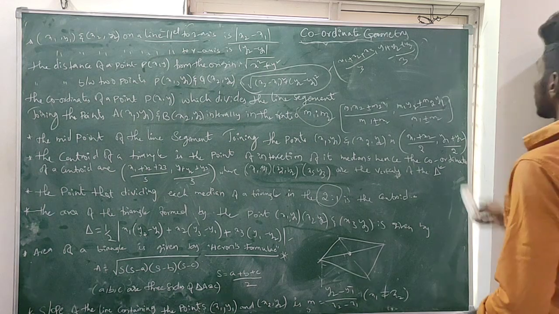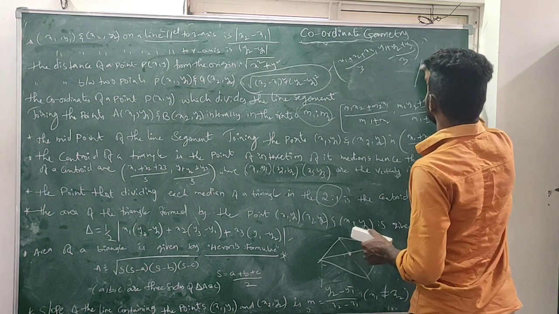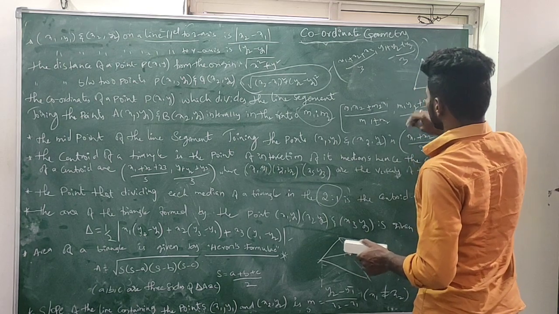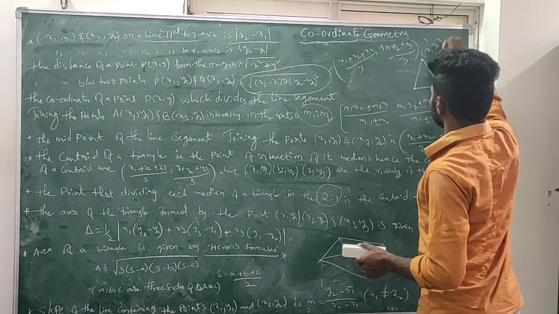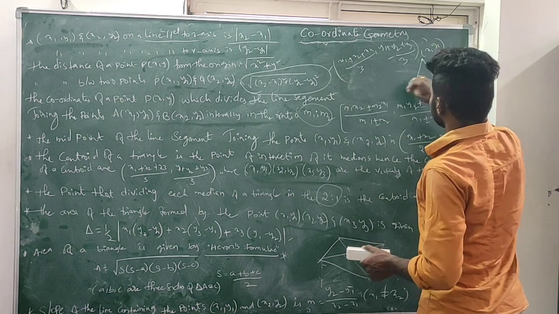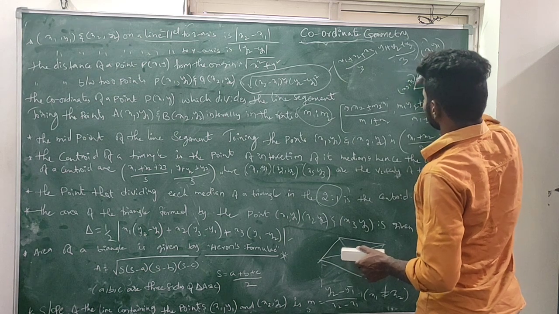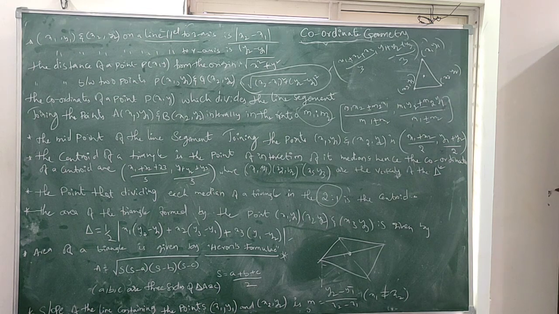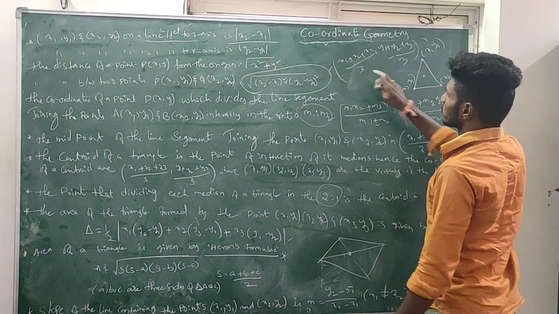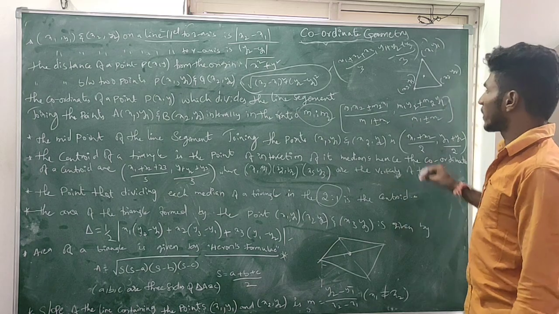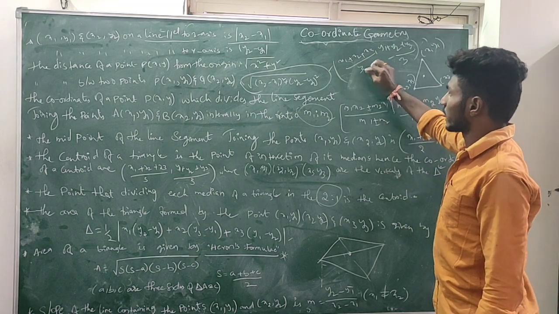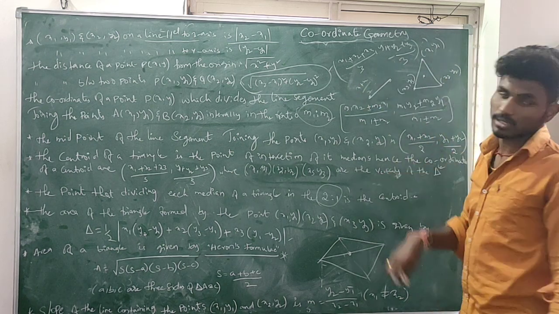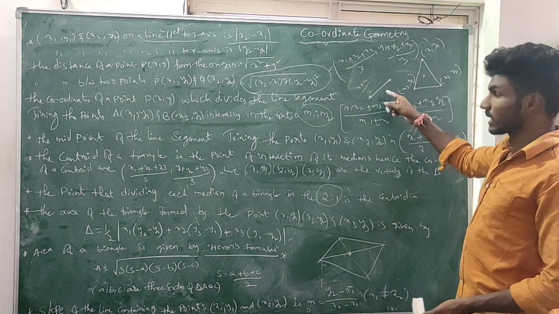The only reason is, if you draw a triangle, how many end points does it have? 3. So here we have x1, y1, here x2, y2, here x3, y3. To get the centroid, you should take the average of the 3 points. As these are 3 points, I am using 3. If I have x1 and x2, can I do x1 plus x2 by 2? Yes, but it doesn't become a triangle. Will it become a triangle?